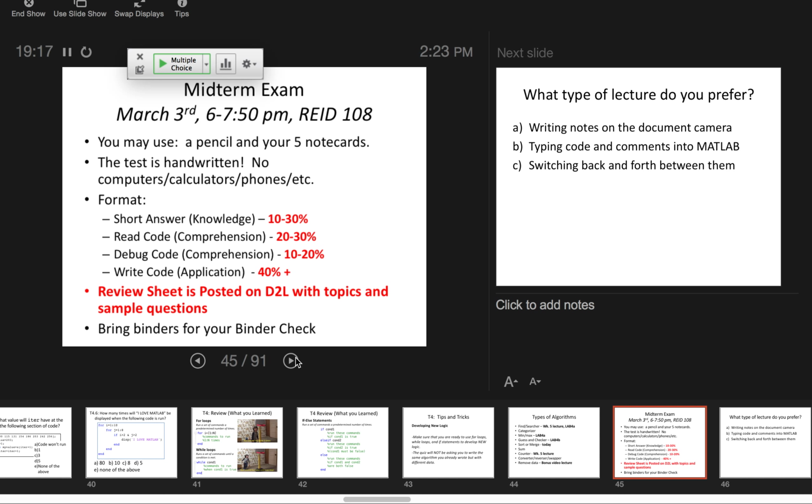The last section of the exam, which is the biggest section of the exam, is to write out an algorithm in MATLAB syntax. And that's going to be at least 40% of the exam. So what I've done for you guys is I've posted a review sheet with not only summarizing the topics for the first 5 topics, but I have sample questions for all of these sections